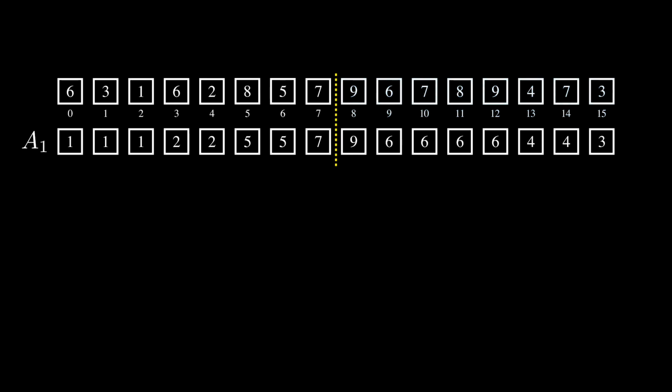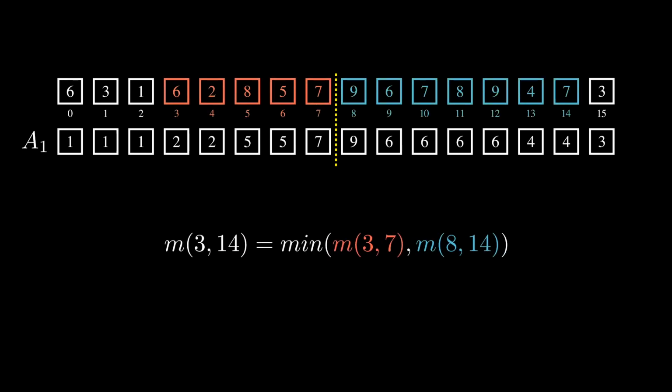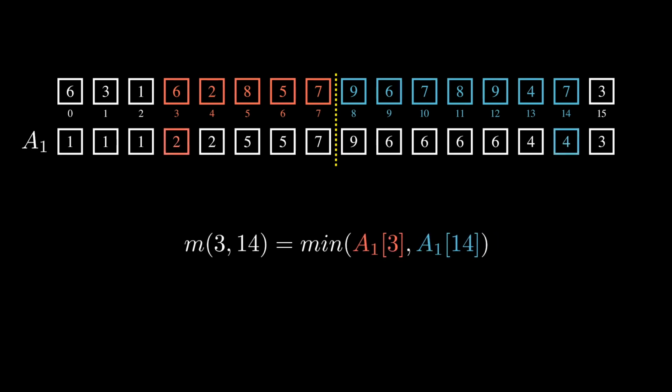After this, our A1 array is finished. The ith element in this array contains the min from index I to the dashed line. Going back to the M314 query, but this time we'll use A1 to calculate the answer. Notice how we've already saved the answer to the left range when we were computing the left half of A1, and the same for the right half. Well, we can combine both the subqueries by taking the min, and this allows us to calculate the query answer